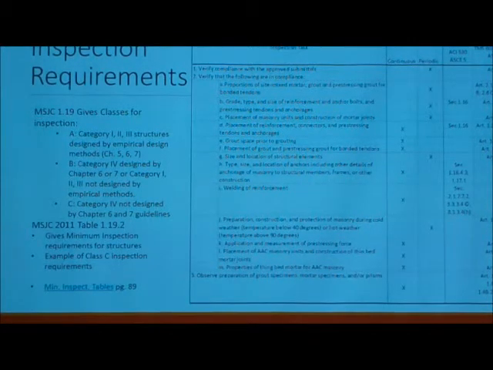And so there's a lot of room for error to happen if inspection and training isn't implemented into